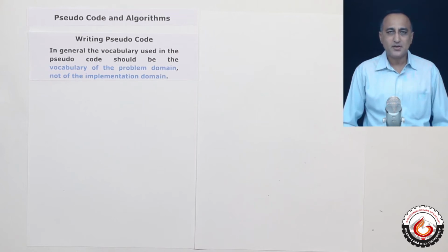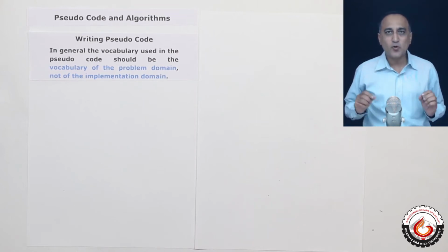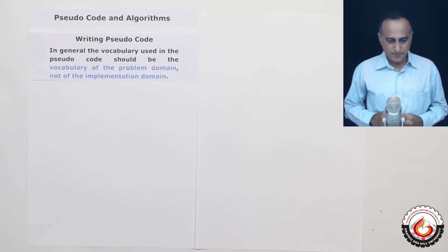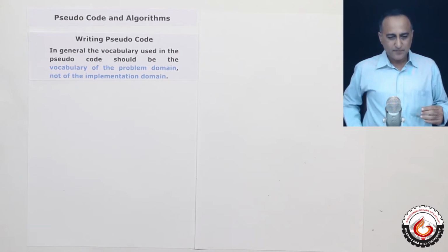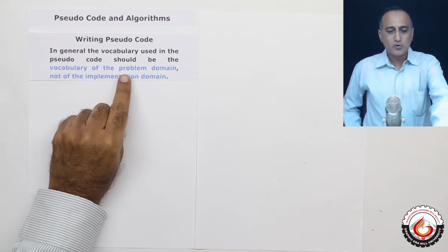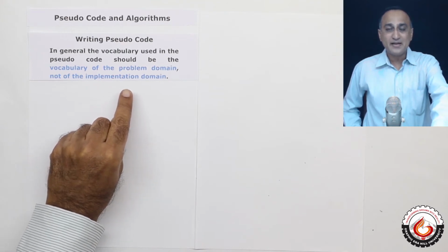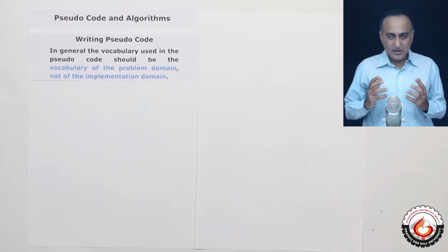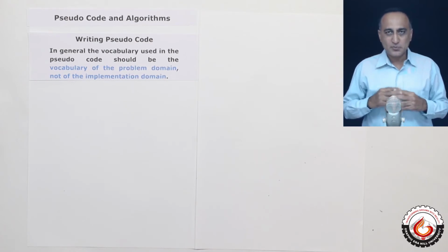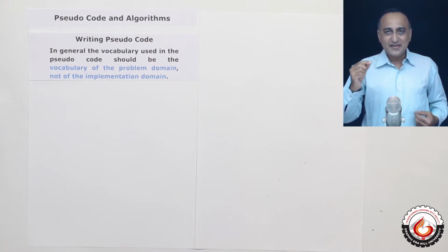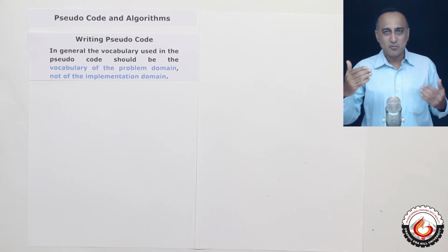Through an example, we will discuss how we go about writing logic in pseudocode, how we go about describing an algorithm using pseudocode. In general, your language should talk about the problem and it should not discuss how it is going to be implemented in that particular language. Let me explain what I mean by that. Suppose you want to read some number from the user. You will rather say get a number from the user, which is common English.